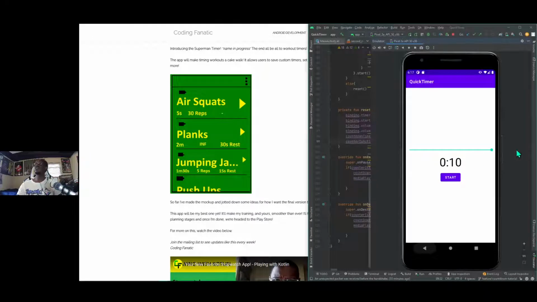You hit start, it counts down, and the alarm goes off. It's very simple, it's very straightforward. This is actually like a really good first design. I don't think I would add anything to this. 5 seconds. I guess the only difference is that here